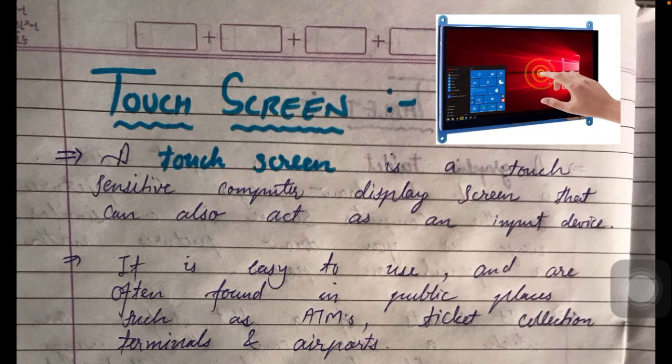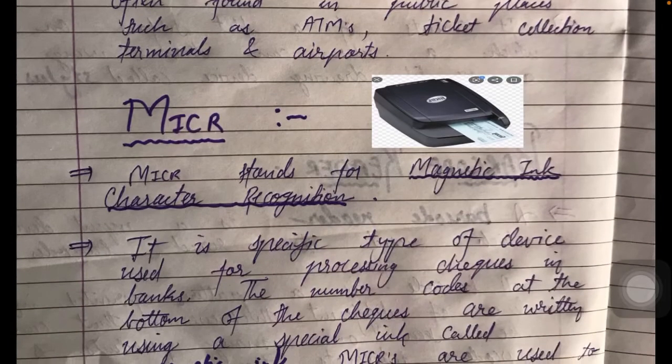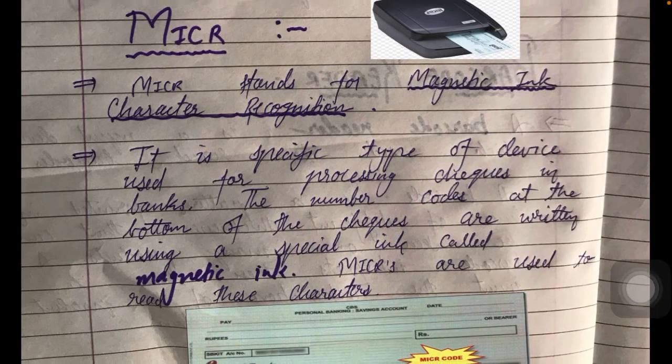It is easy to use and often found in public places such as ATMs, ticket collection terminals and airports, right? A touch screen is easy to use because nowadays even a small child of 1 to 2 years can run touch screen mobiles. So it is very easy to use and it is mainly used at ATMs, ticket collection terminals and airports, right?